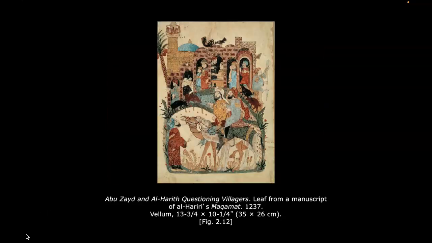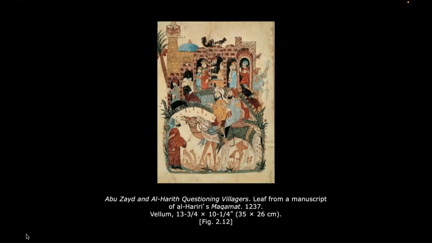Speaking of, let's talk about some books. So this is Abu Zayed and Al-Harith questioning villagers. This is from a manuscript. We've got animals drinking from a pool. We've got a man spinning yarn there on the very far right. We've got images basically from kind of a village market here. So this is of